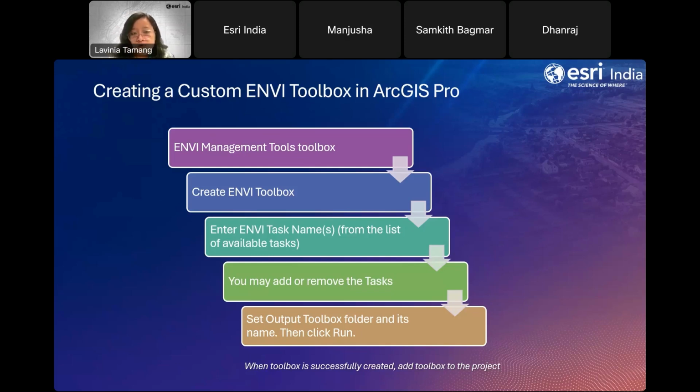So that is how we were able to see that ISO data classification had certain parameters which are available in ENVI, right? So even though it is giving the look and feel of the ArcGIS Pro environment,